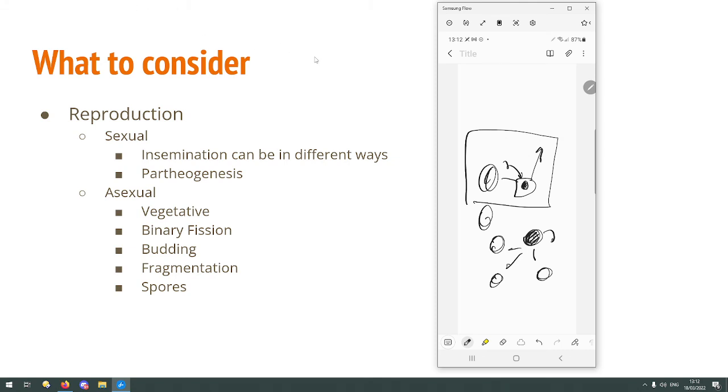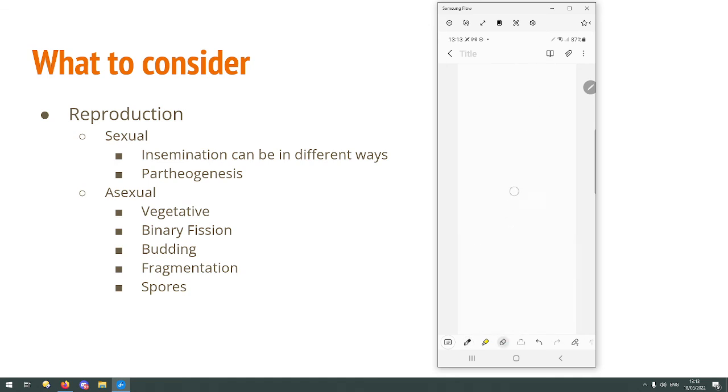So as Ian Malcolm would say, life finds a way. And then we have asexual reproduction. It can be vegetative. So this means when you plant a part of a plant somewhere in the soil, it just grows to be the big version of that plant. We have binary fission, which is our textbook example of cells dividing, making two cells from the same genetic material,